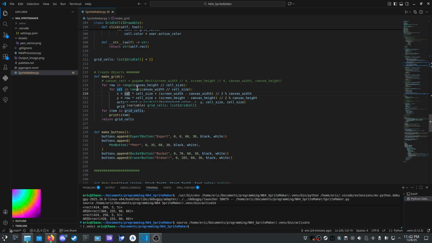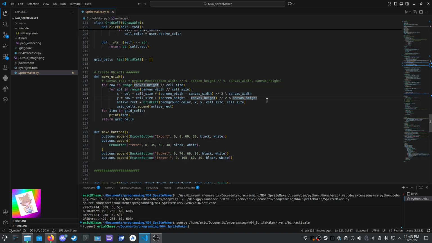X equals the column, so remember, we're incrementing by 0, 60, 120 or whatever, times the cell size, so it's like 1 times 60, so now it's 60, plus screen width minus canvas width, divided by 2. This is all centering.